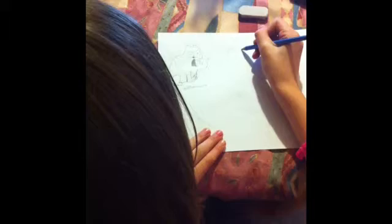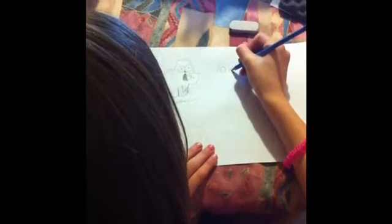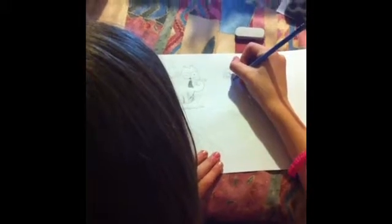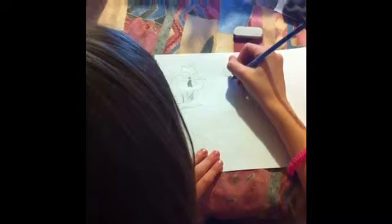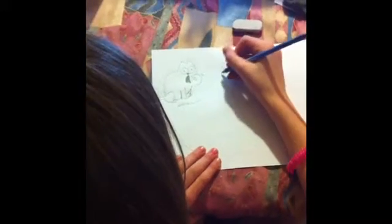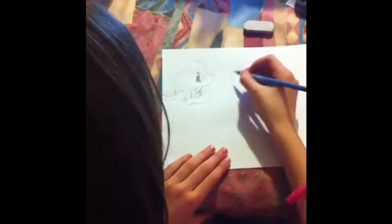Next, I'm going to draw him at the beginning of the animations when he's just sitting there with his tongue out. So I'll start with a big M, and then I'll go down for the rest of his body, and then I'll add his eyes and his triangle nose. And then for his tongue, you kind of do a sideways D with a little line for the middle. Then I'll continue down his body, add his foot,